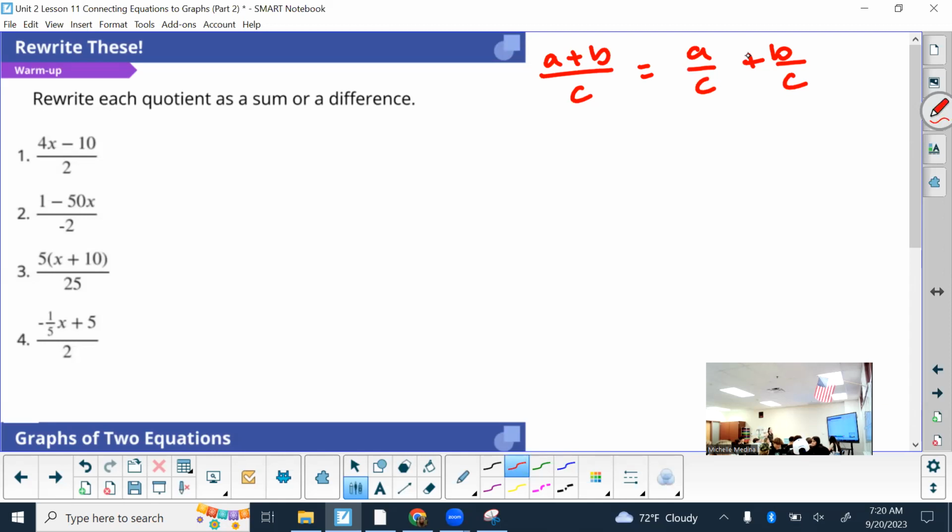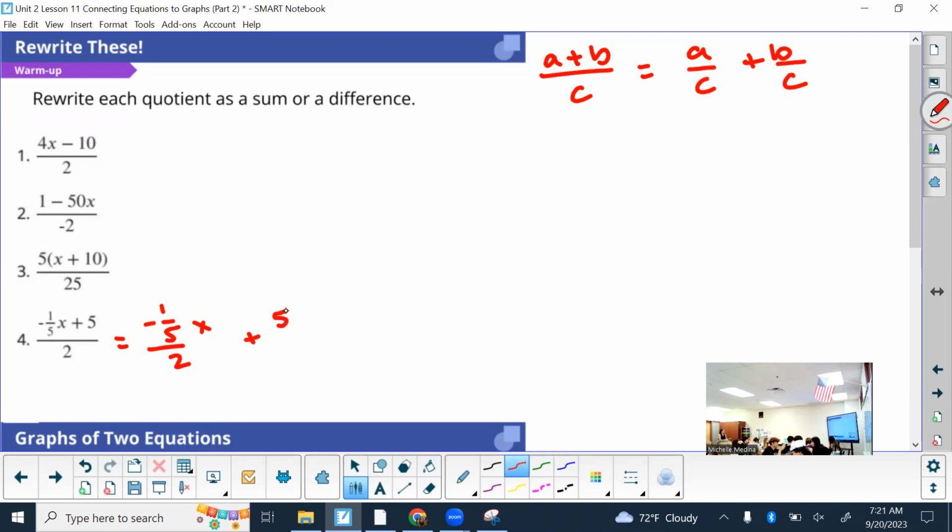All right, so anything that is being divided by something, like any expression, you can actually write it separately, where each term is divided by that same thing. And that's going to be really important in this unit, which is probably why we're starting it as a warm-up today. So to rewrite it, I'm basically going to separate each term. Hopefully you remember what terms are and how you know when a term starts and ends. But that's going to be this